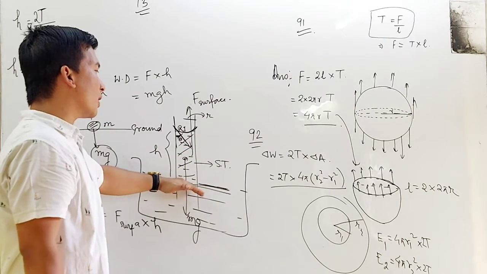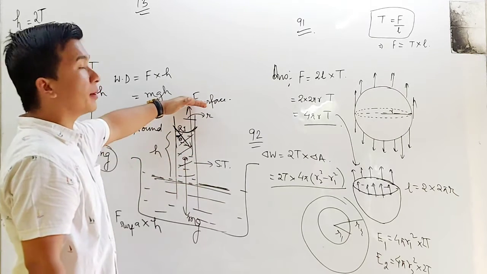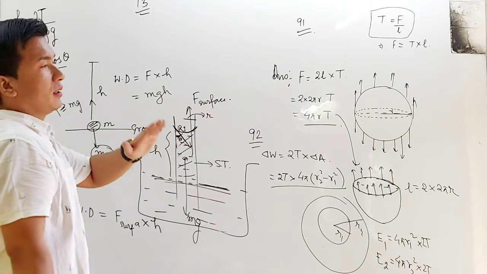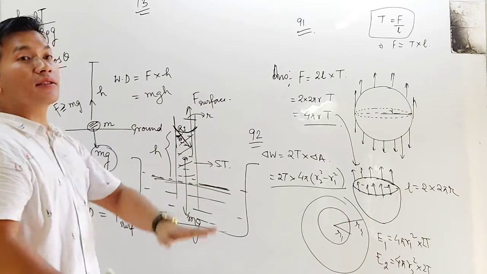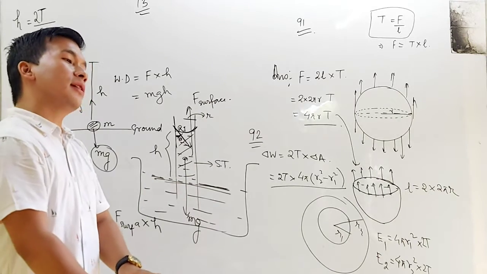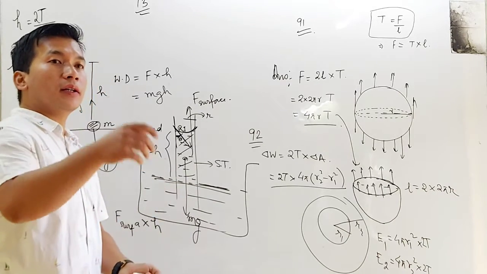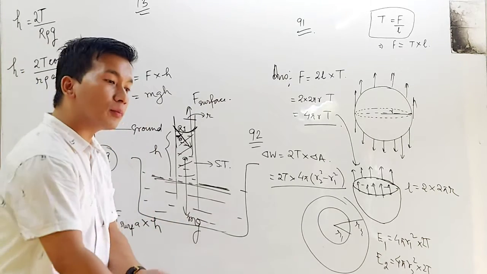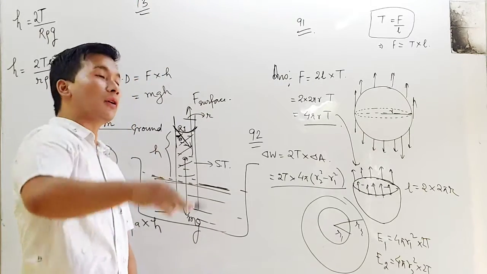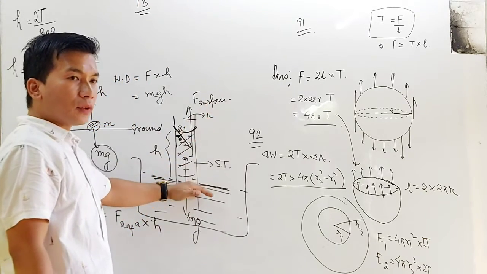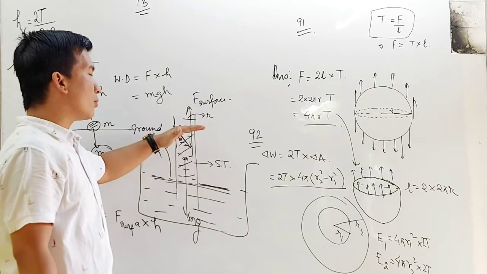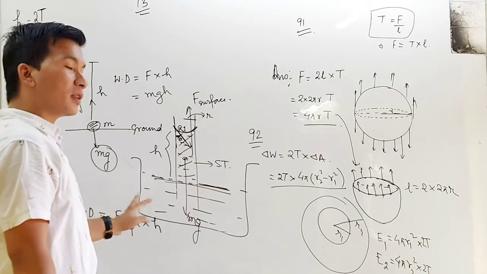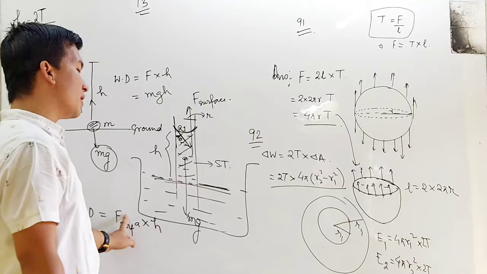tension in order to overcome the weight so that there is a rise in the capillary? According to our general law, any object cannot rise by itself; it has to be acted upon by some external force so that it may lift from the ground. That force is provided by surface tension. Therefore the mass of the water is raised to a height h, so the work is the force produced by surface tension into